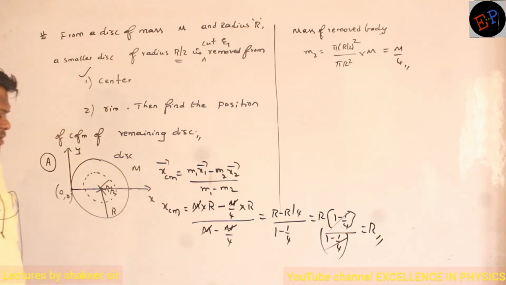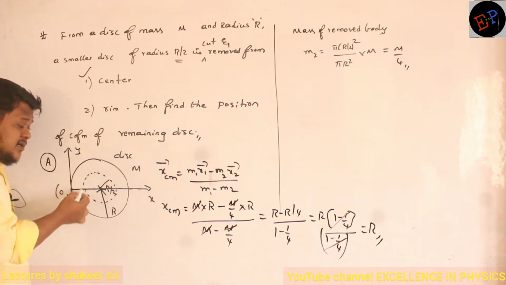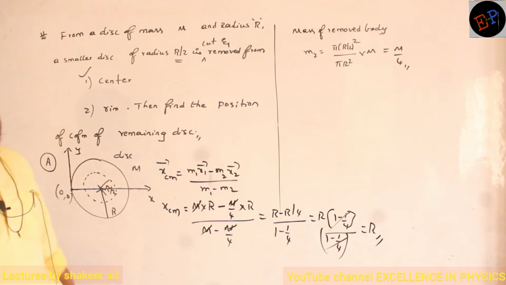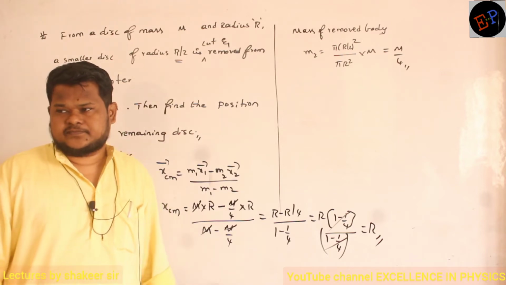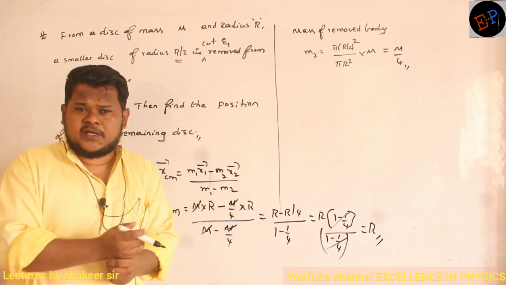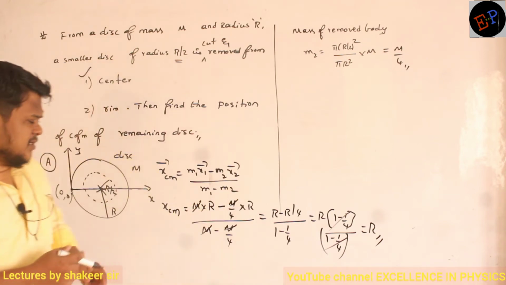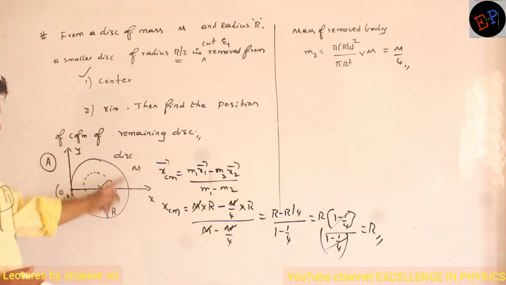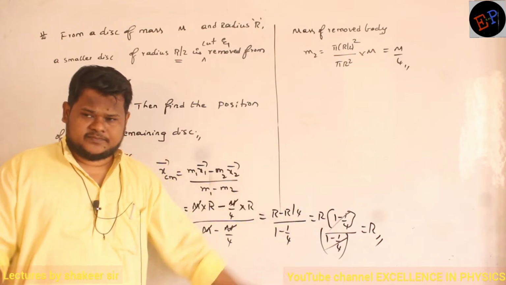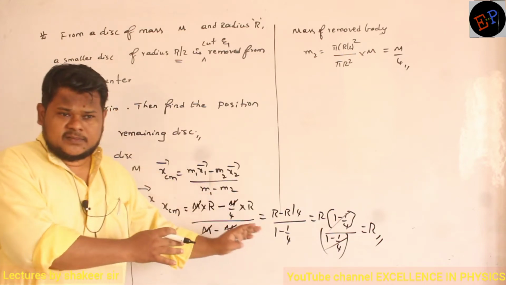That means if you remove the disk from the center, then the position of center of mass is not going to change. It remains at the same position. If you remove the body symmetrically from the middle, the center of mass position does not change. Are you able to understand? Previously also the center of mass of the total disk was at r only, no? Now for the removed body also the center of mass is present at r only. Have you understood the method in which we have done this?